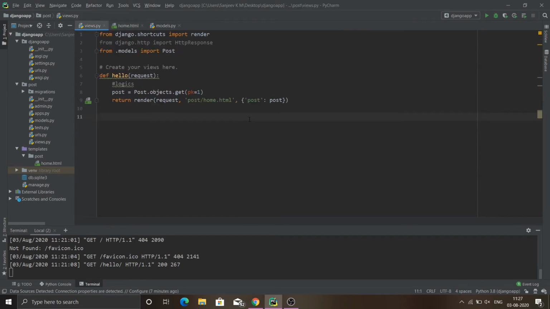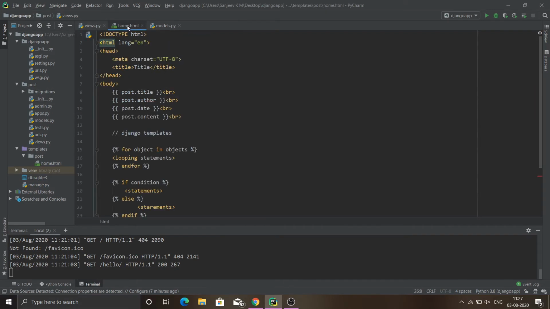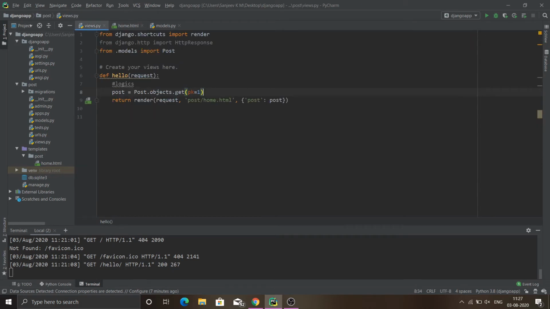So, outputting multiple data to our front end. As of now, we are getting the first value from the database and rendering it to our front end. So what if we need to get all the values from the database and put those to our front end? We could do that by the all command. And let me say it has posts. Since it has multiple posts, let me change the variable name to posts for easy identification.